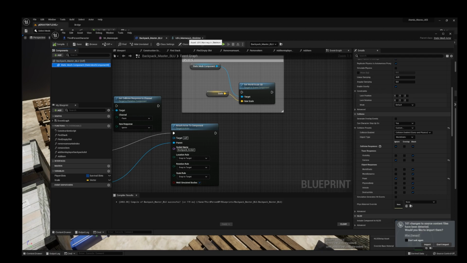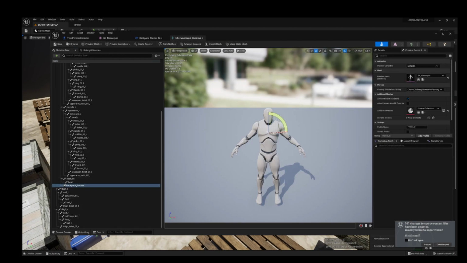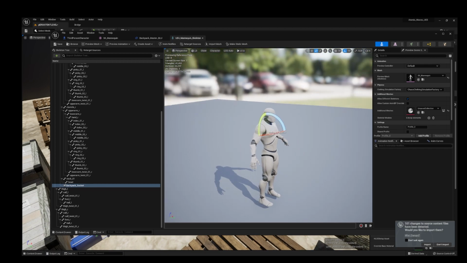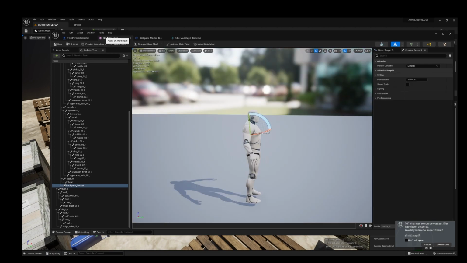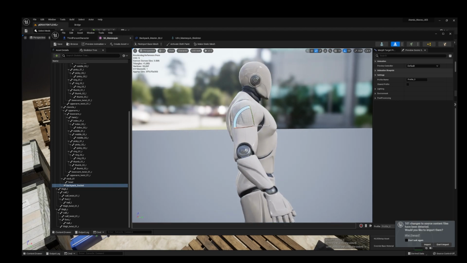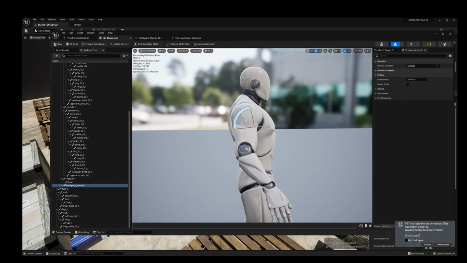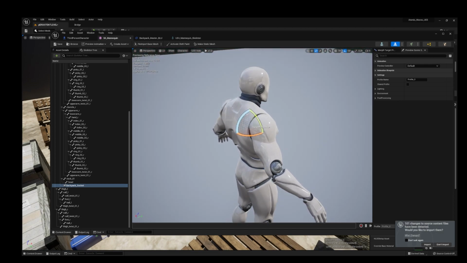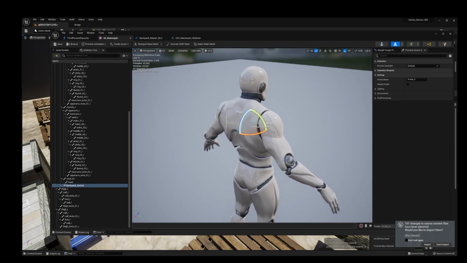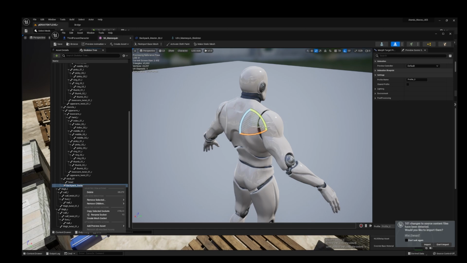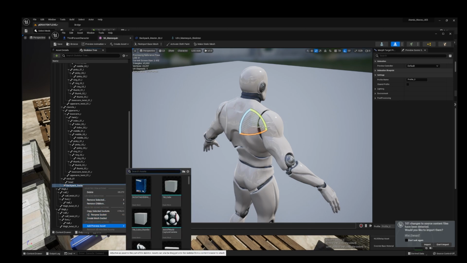So what we're going to do is go over to our socket here. Now we can sit here all day and try to guesstimate things, but that's really impractical. So we're going to go over to our socket like so, and go ahead and add preview asset.